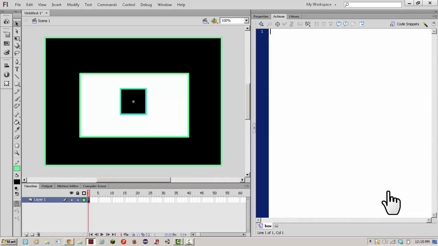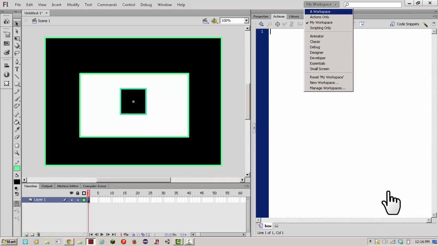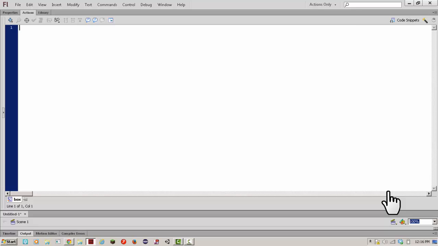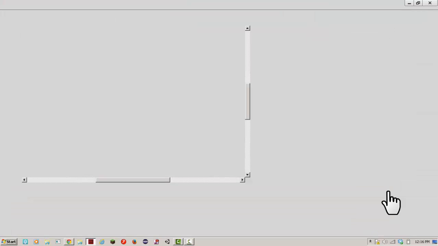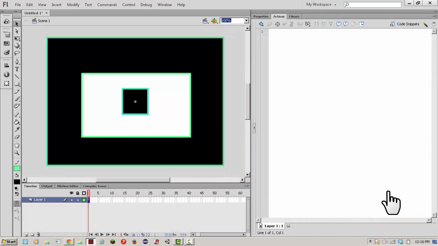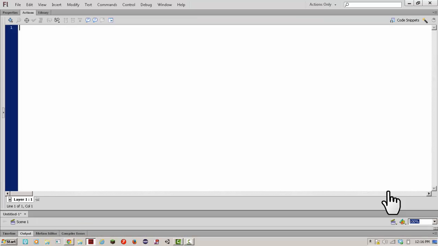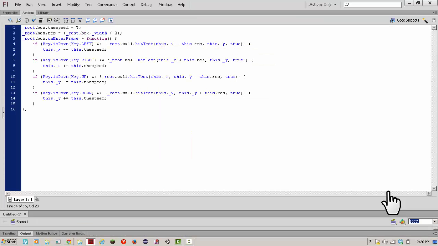I'm just gonna write in the code for basic movement on the frame actions, not any movie clip actions. The frame. So I've got basic code on the frame. That's root.box.speed is 7, root.box.res, as in resistance, is equal to root.box.speed divided by 2, and on the enter frame function, if keys left and root hit test